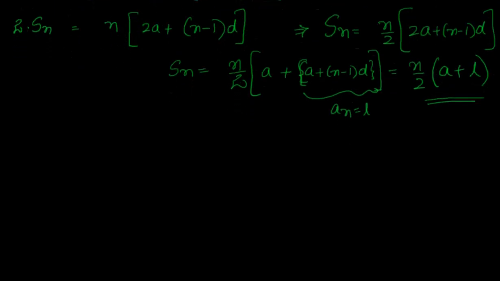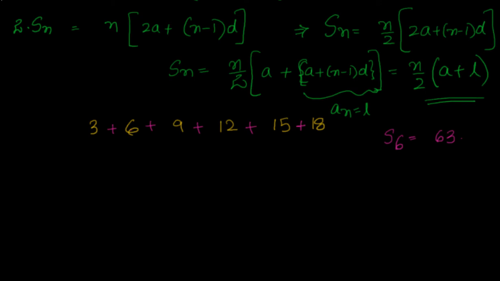Now let's take a simple example and see how interesting it is. Let us take a simple series: 3, 6, 9, 12, 15, 18. Let's not apply the formula. Let's calculate on our own what the sum is. The sum of 1, 2, 3, 4, 5, 6, yes, 6 means the sum of 6 terms: 9, 18, 30, 45, 63. I have just added them. Because it's a series, I should put plus. That's a finite series.